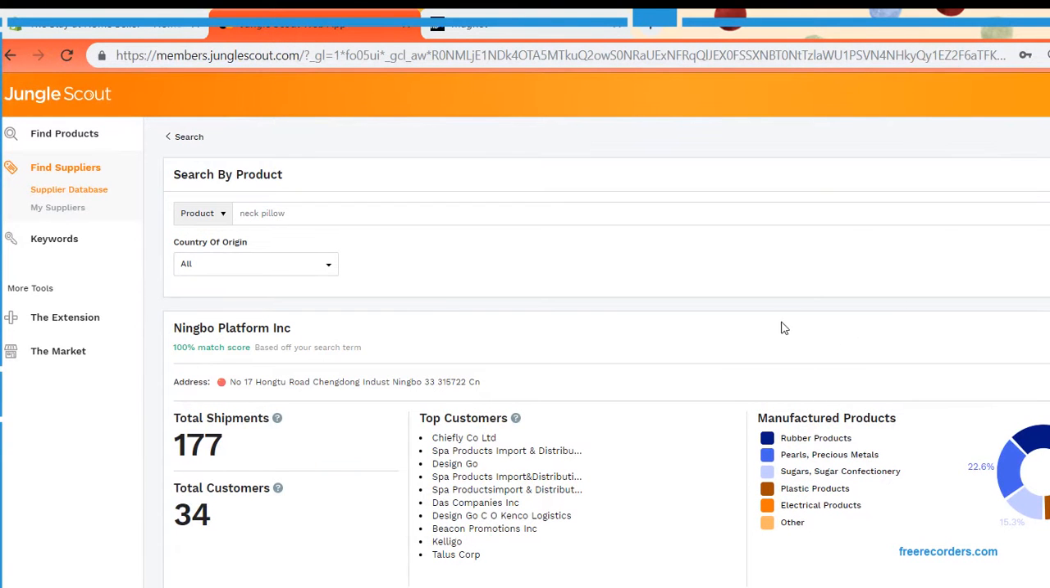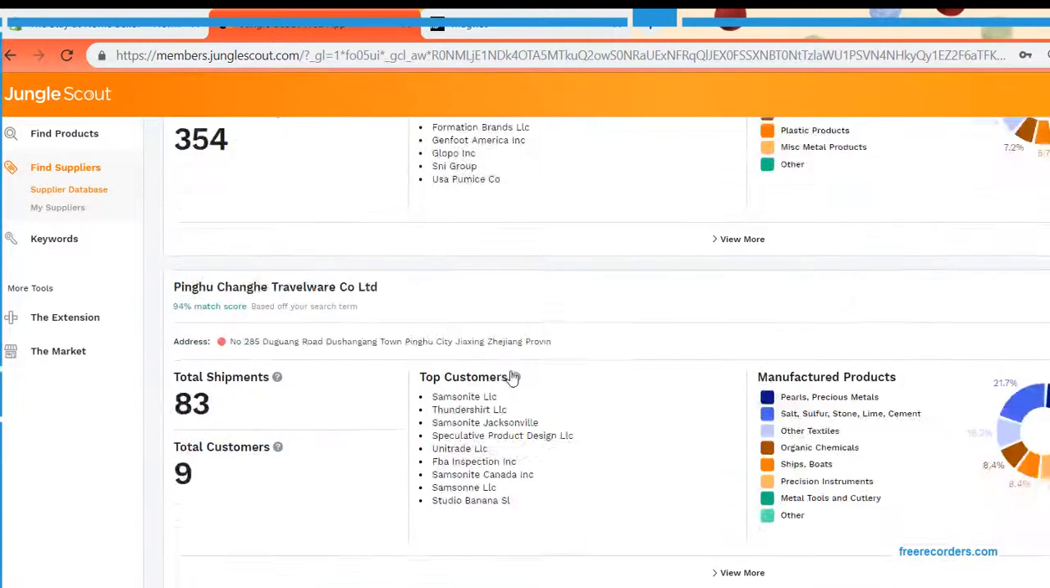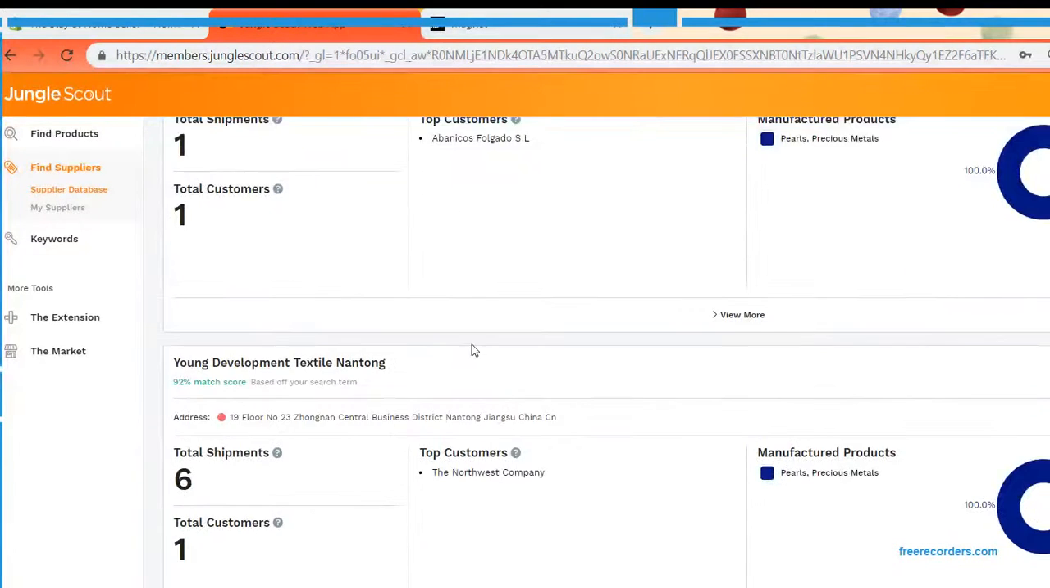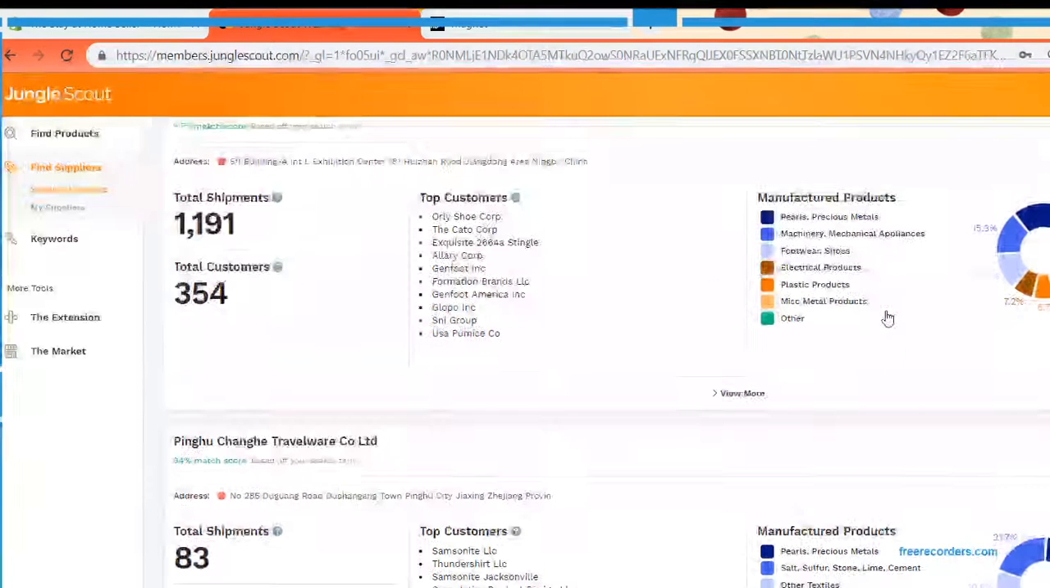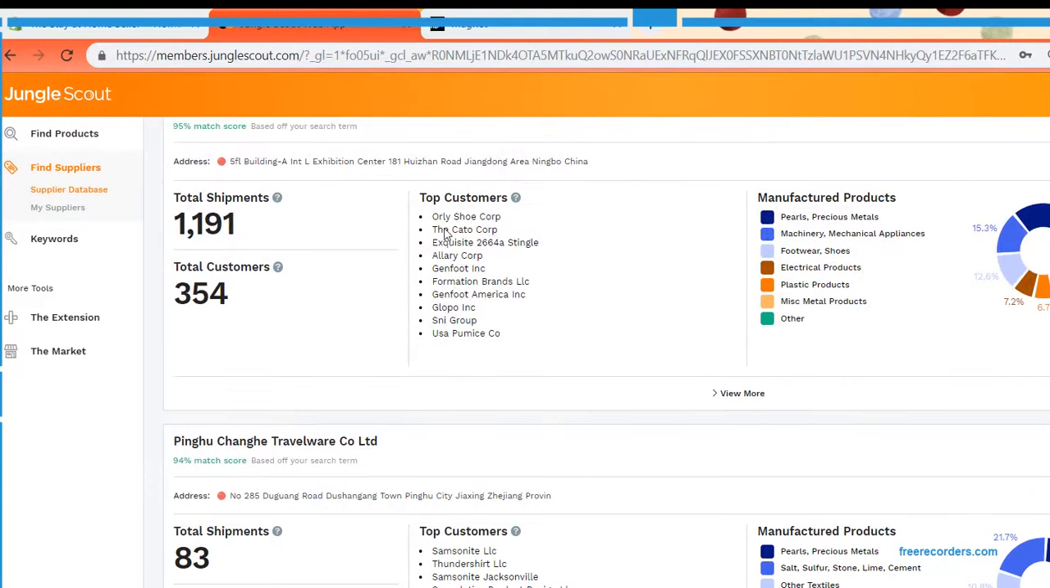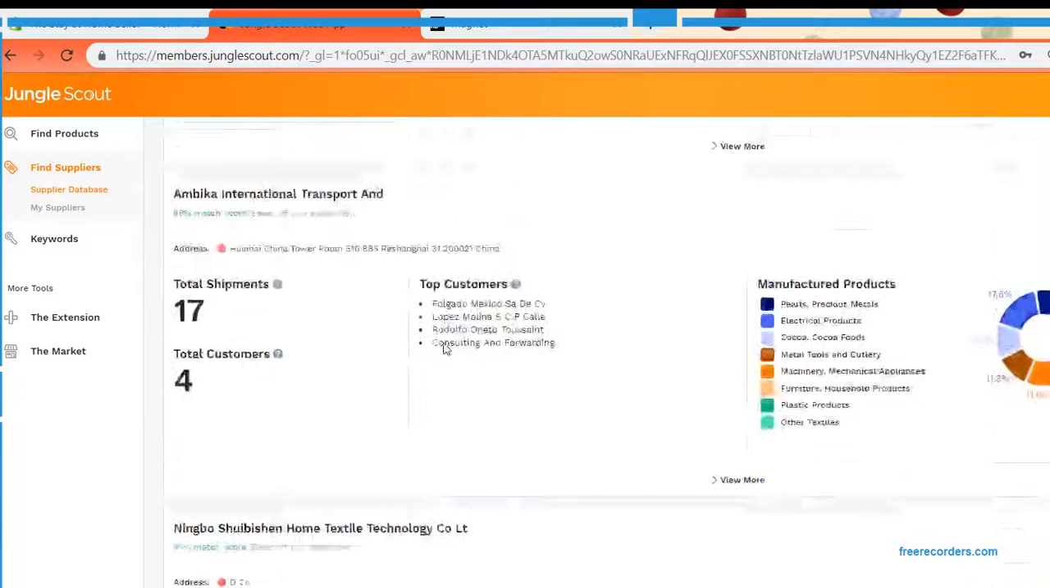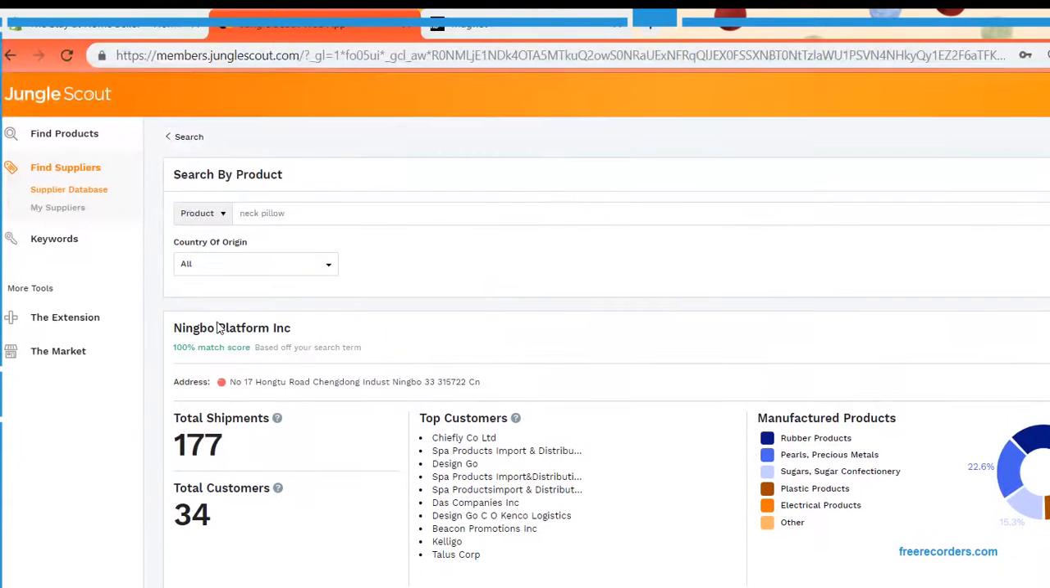because most people search on Alibaba, and that's a pain in the ass, you can use this instead to get Jungle Scout's breakdown of potential suppliers, and then you can save them, and you can click on search for contact info. So it gives you a little breakdown. We'll just take the top one. Shows you how many total shipments